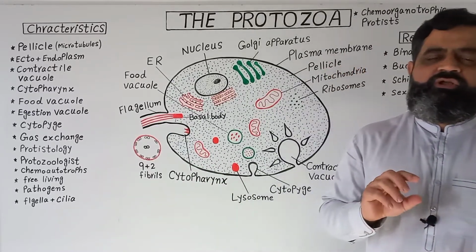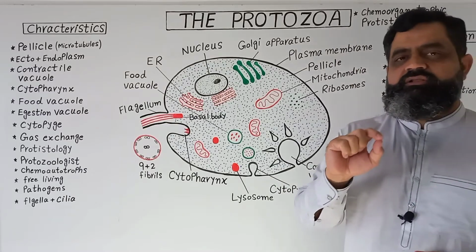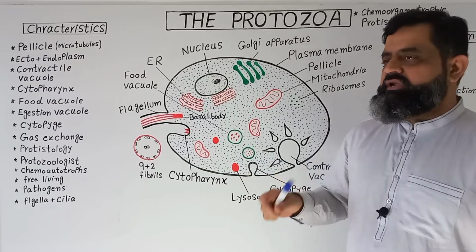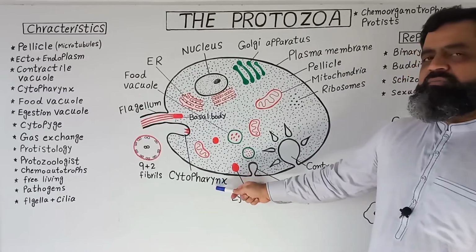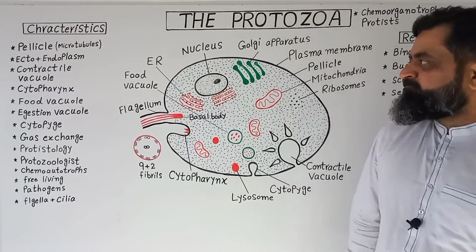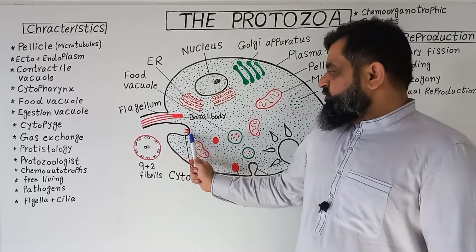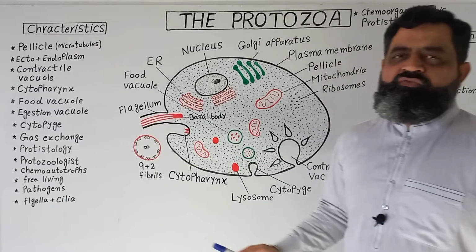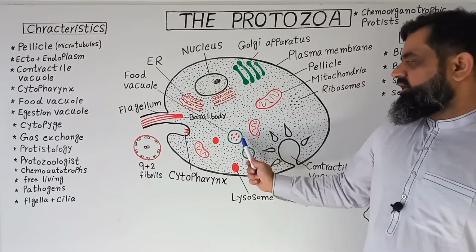Usually their food, if it's in large particles, will enter by endocytosis, and if it is in small particles, it can diffuse directly from the water into the cell. When food enters the cell, it forms a vacuole known as a food vacuole. The food vacuole is surrounded by a membrane, and